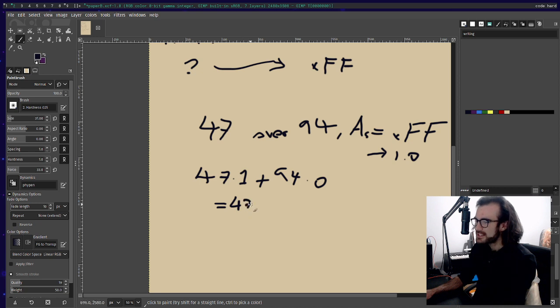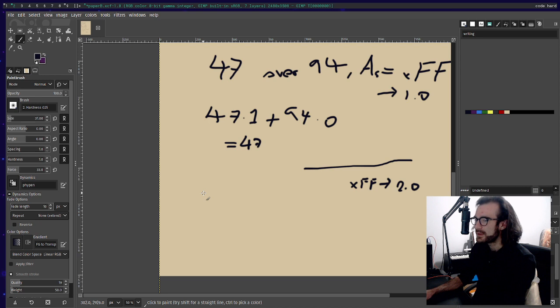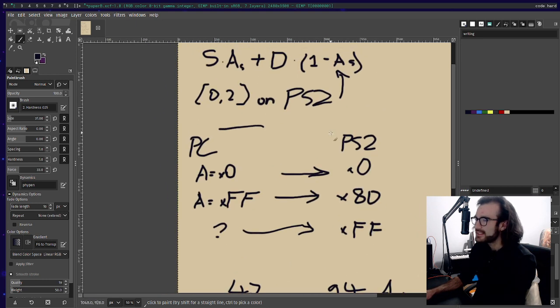If we do this on the PlayStation 2, we get something unexpected because on the PS2, hex FF represents the value 2.0, which is odd, right? Because now we get 47 times 2 plus 1 minus AS.